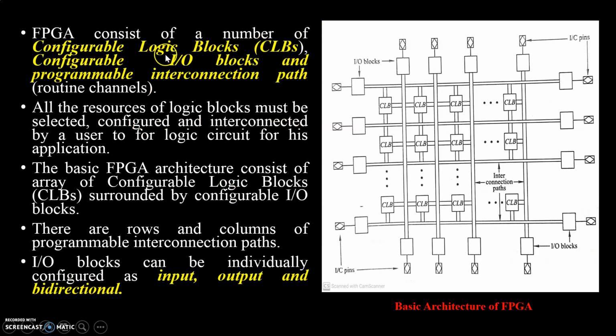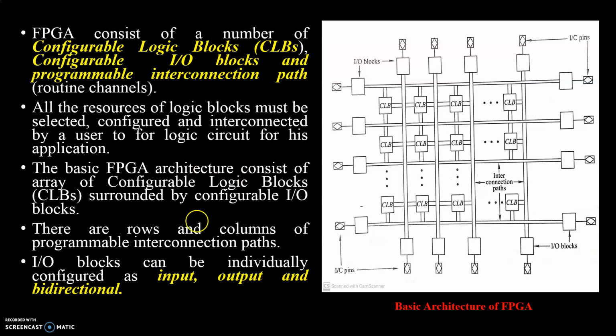FPGA consists of a number of configurable logic blocks, CLBs. Here you can see in the basic architecture of FPGA, several CLBs are used, I/O blocks and a programmable interconnection path called the routing channel. All the resources of the logic blocks must be selected, configured and interconnected by a user to form a logic circuit for his application. The basic FPGA architecture consists of arrays of configurable logic blocks